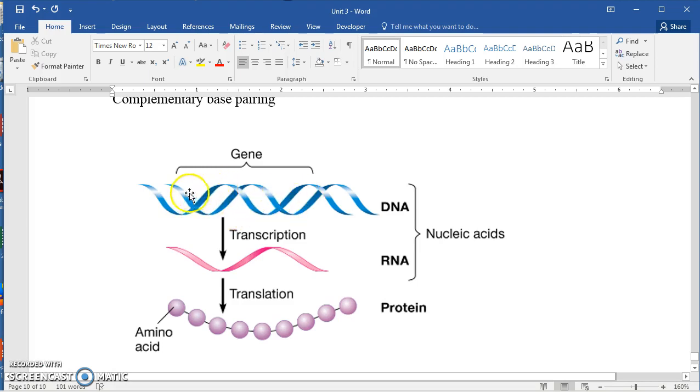DNA has strands, has sections of it called genes, and those code for special information that will cause an RNA molecule to be produced. From the nitrogenous base code in the gene, you get a nitrogenous base code in the RNA. That RNA strand will then be translated into an amino acid chain, a polypeptide chain. So we use RNA as a template to form the polypeptide chain, and that polypeptide chain will eventually begin to fold,